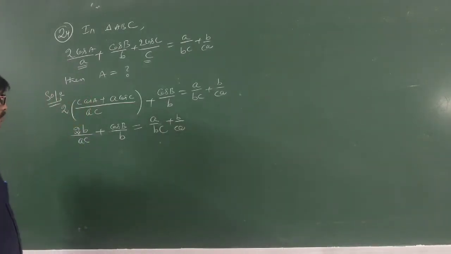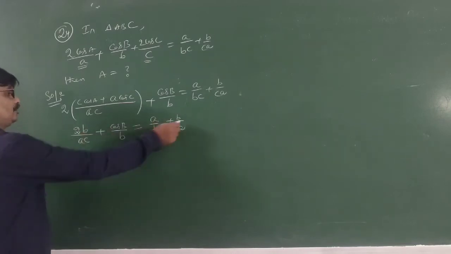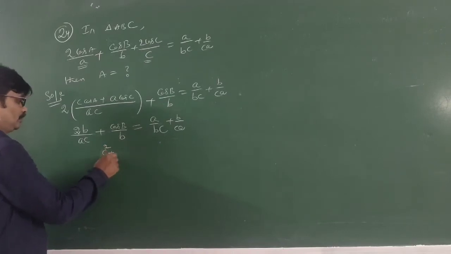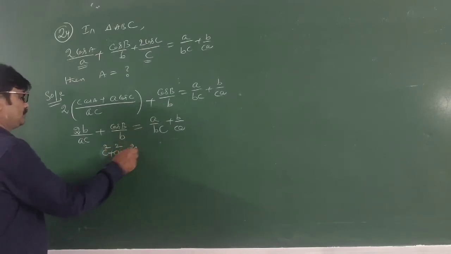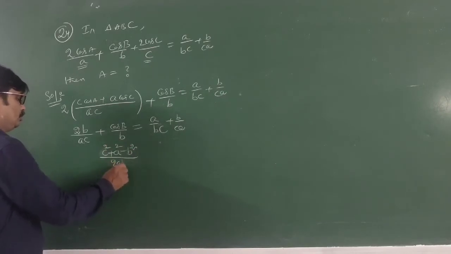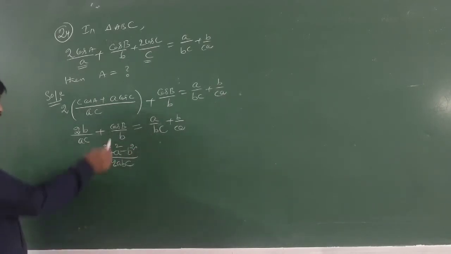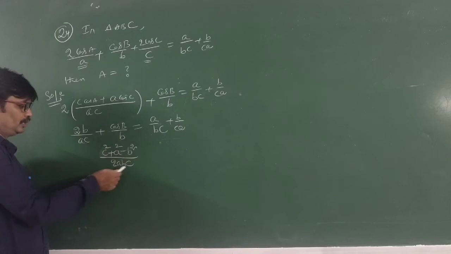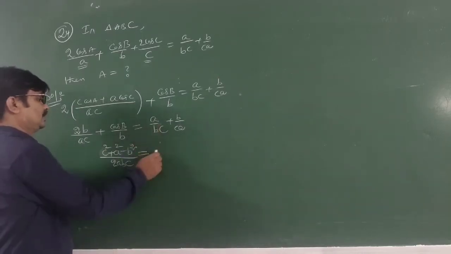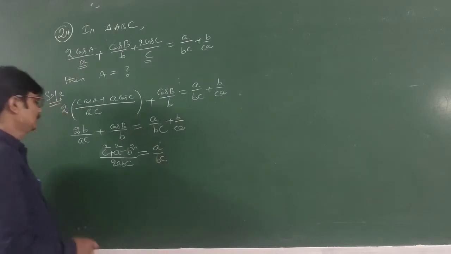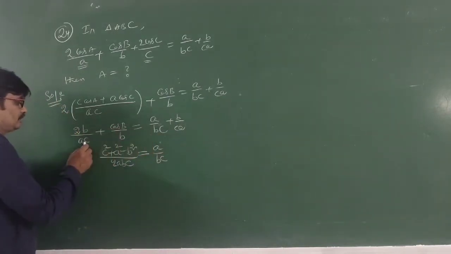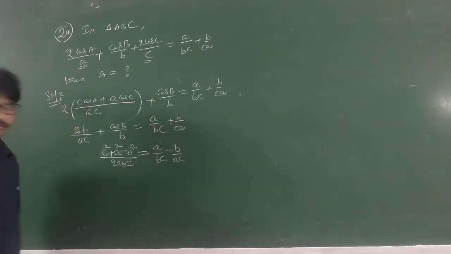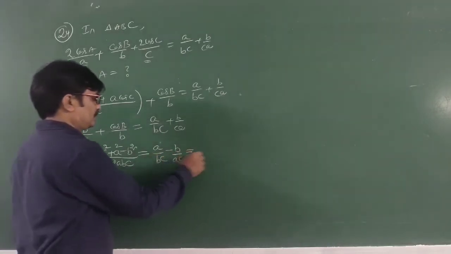So students, everybody knows that this is sent to the other side. What is the form of cos B? Cos B is c square plus a square minus b square by 2ca into b, that is 2abc. Is it clear students? So this is a by bc. This will be sent to the other side. ac is there, here also ac is there. b minus 2b is minus b by ac. My dear students, what is the LCM here?